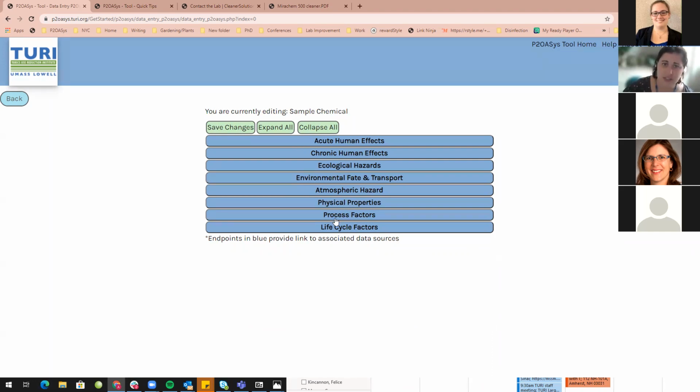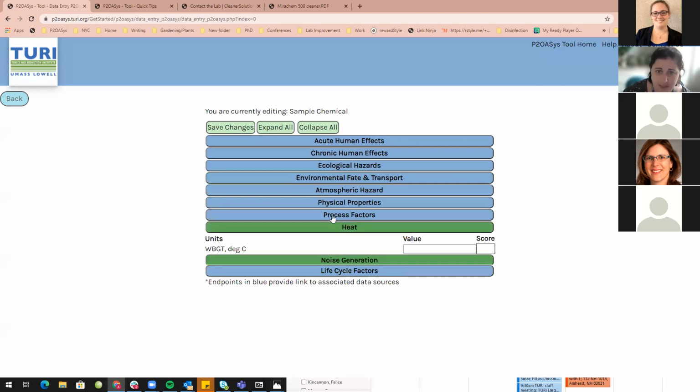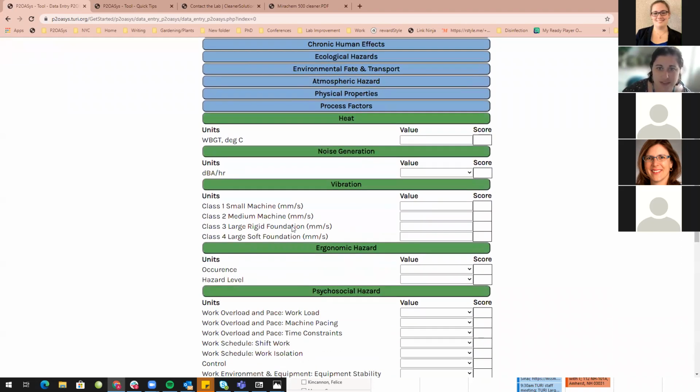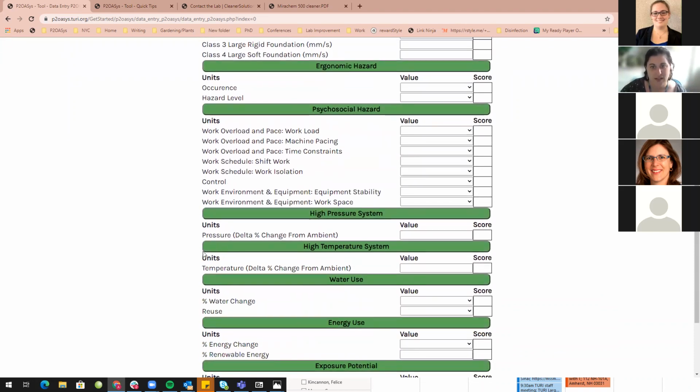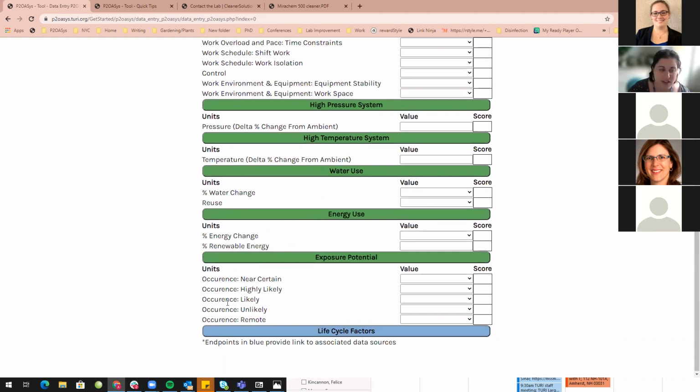The major areas that change all the time though, compared to other hazard assessment tools, are process factors, for example, those are very specific to a company. We're looking at the heat, the noise generation, vibration, ergonomic hazards, psychosocial hazards, exposure potential. And I incorporate a lot of my site visits and conversations with different clients on how you can incorporate thinking about industrial hygiene aspects into your assessment of a chemical,